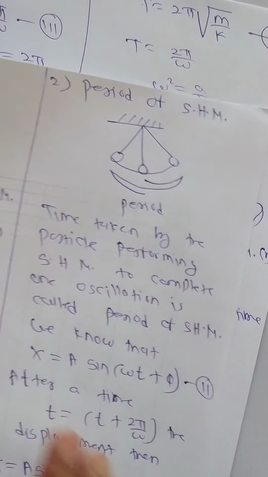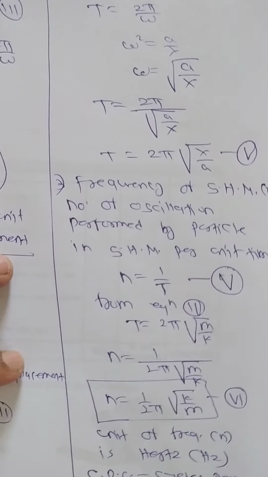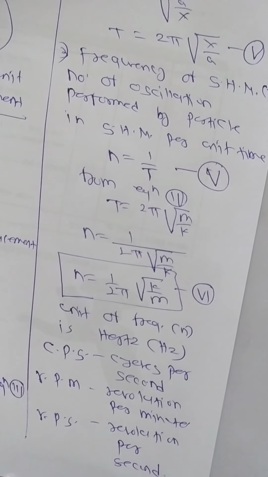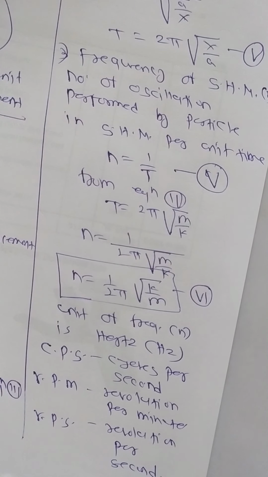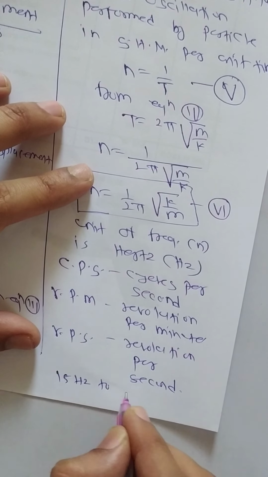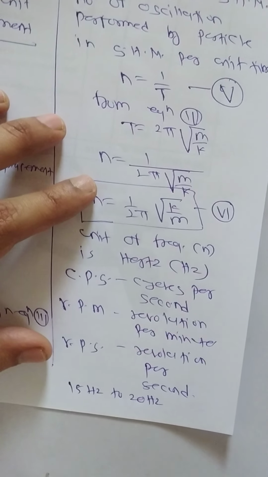When mosquitoes come close to our ear at night, we listen to their very light sound. That sound will be in the range of 15 hertz to 20 hertz, maybe 15 to 20 hertz. Means what? This